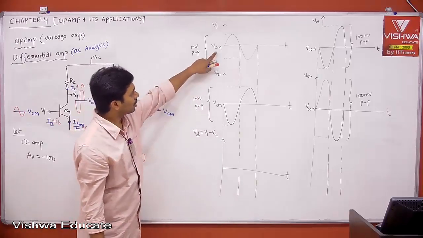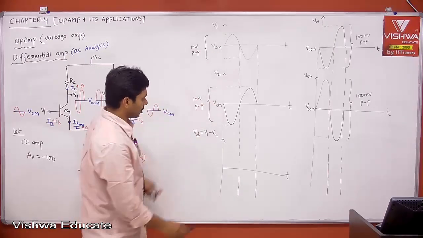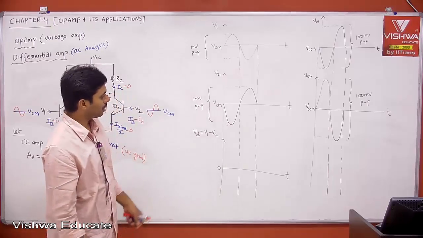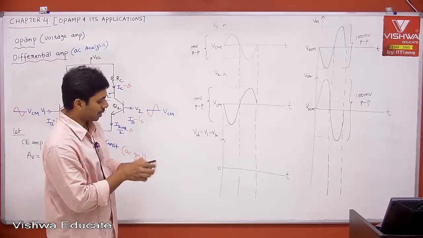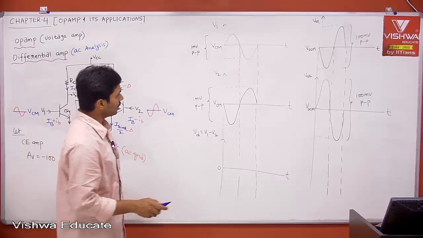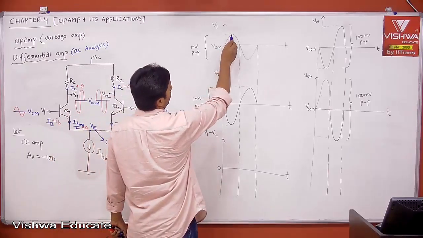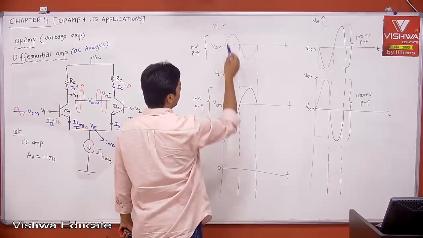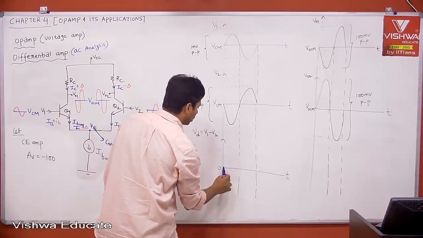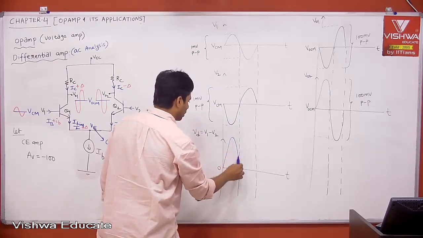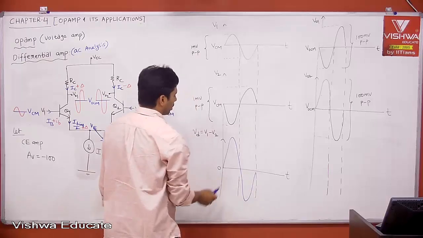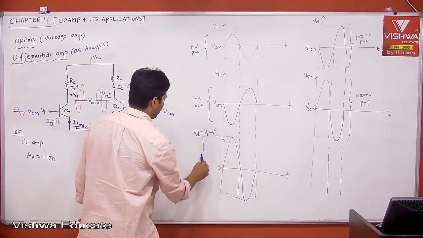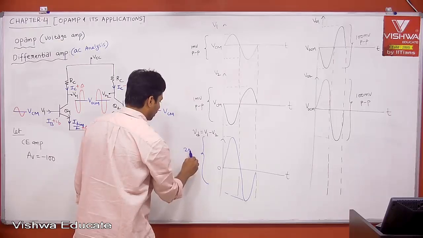Therefore, tell me what is the common mode voltage, VCM minus VCM? That is 0. Now what is your input peak to peak? Let me give you a different color. When this is 0.5 and this is minus 0.5, 0.5 minus of minus 0.5 is 1. Therefore, if you ask me what is your input peak to peak, your input peak to peak is 2 millivolt peak to peak,